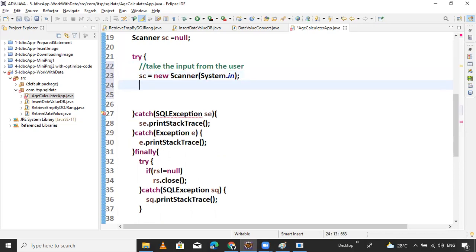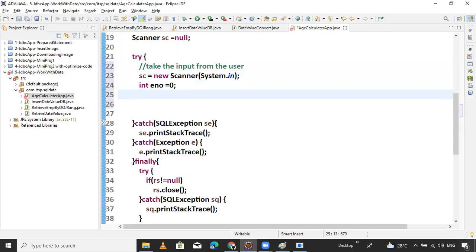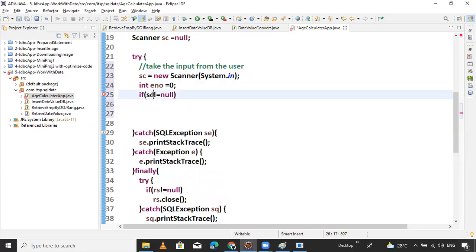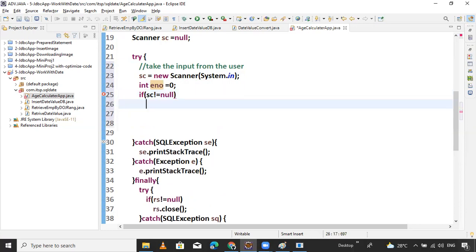Ask the user, take one int variable, int eno equals 0, a local variable initialized with 0. If sc is not equal to null, it means the scanner object exists, then this will execute, otherwise it won't.